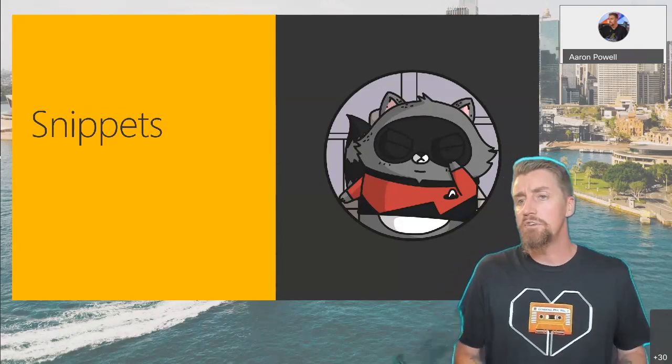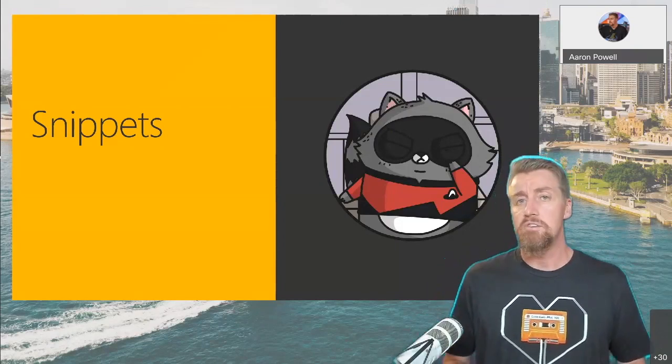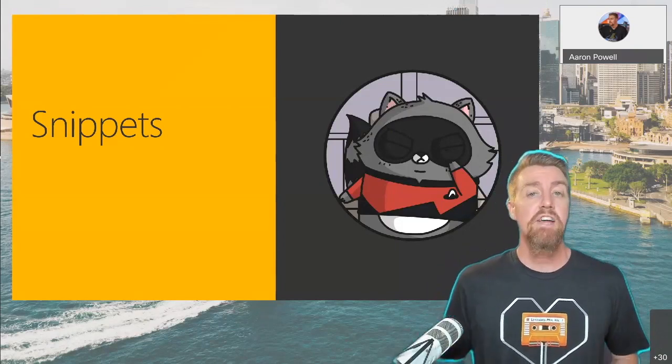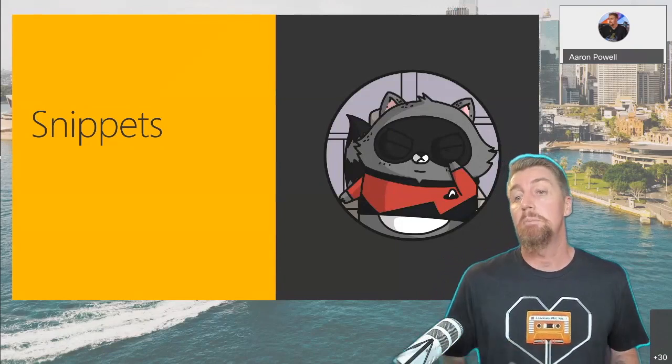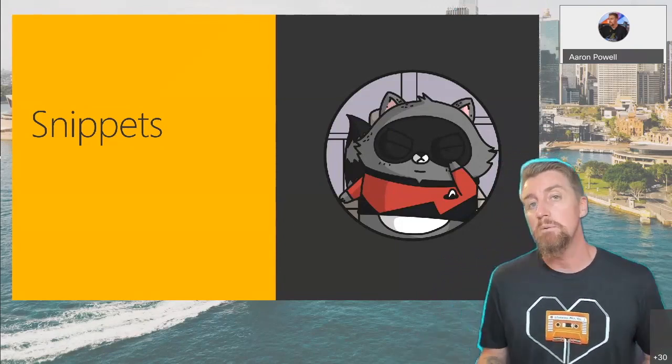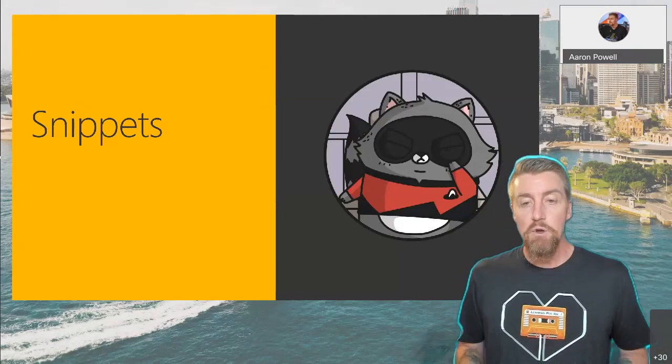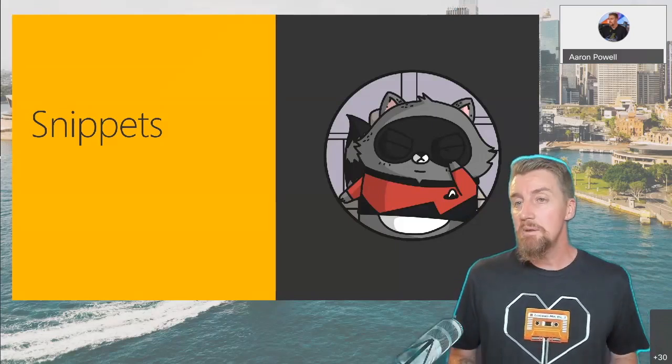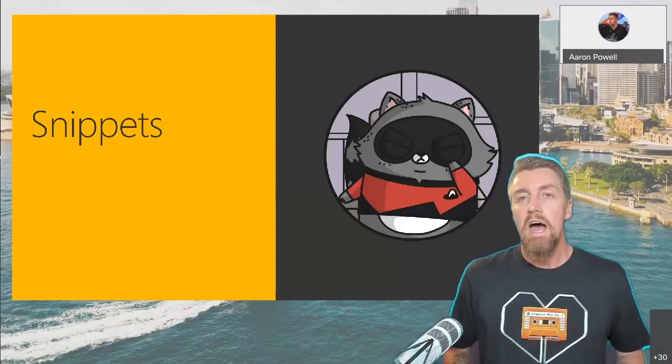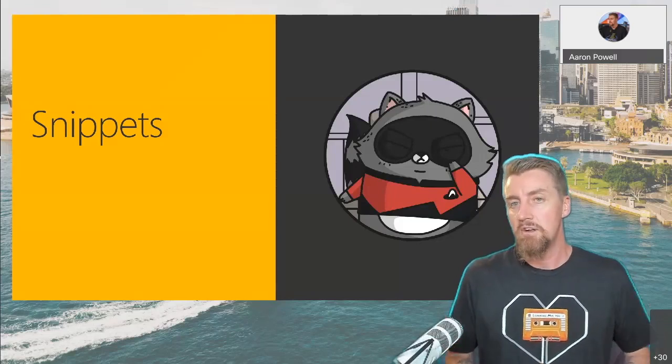Again, useful for enforcing patterns or layout, formats and coding formats that we've got inside of our application, and making it easier for someone else to pick up and contribute in the format that we want people to contribute in. If you're working on multi-line snippets, they can be a little bit tricky to set up, just because it ends up in a JSON blob.